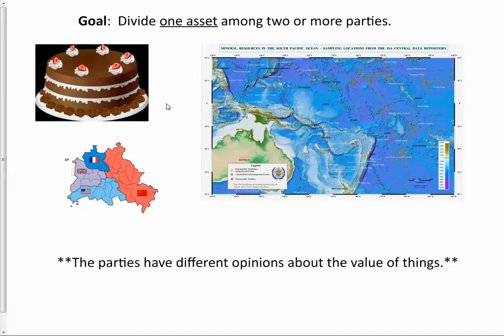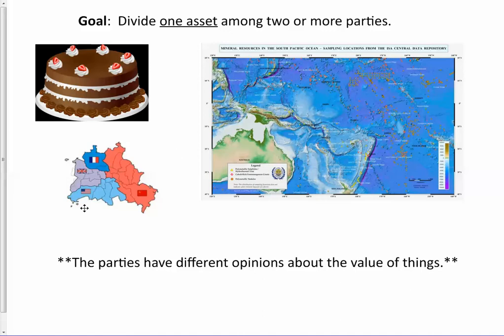So there's, say, 3 people, and we have a cake, and we want to divide up the cake among the 3 people so that they're all happy. How do we do that? All right, now we'll talk about cake as our ongoing example, even though that's kind of frivolous, I admit, and just so you still want to believe that this is of practical use in the real world, I just want to also mention that this could be